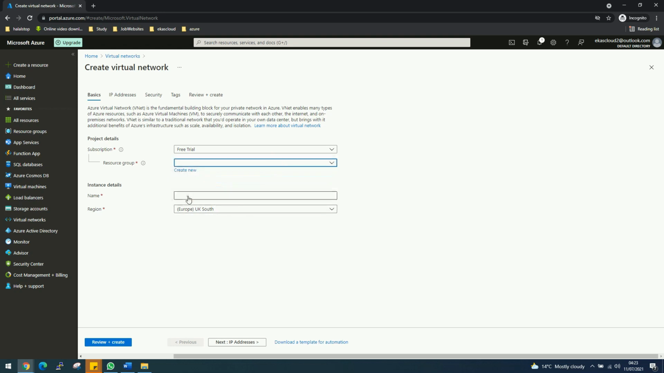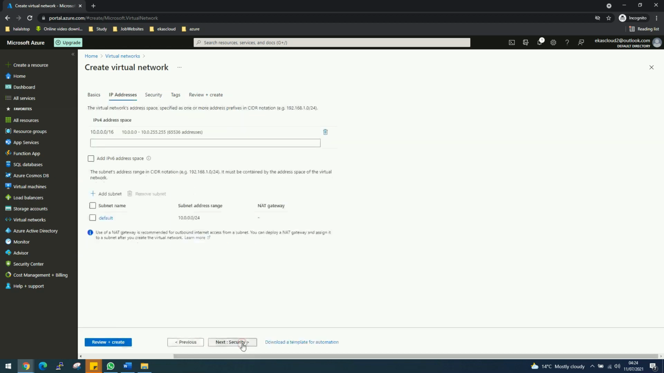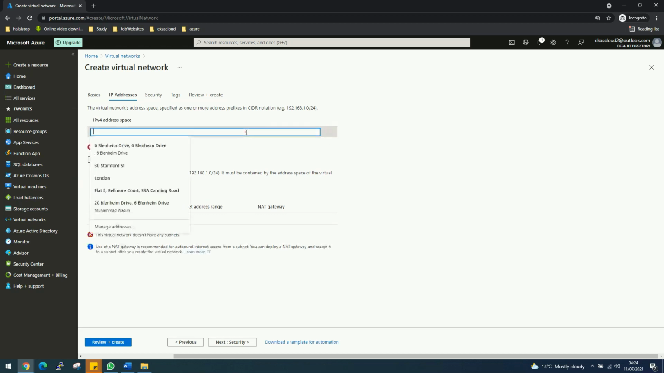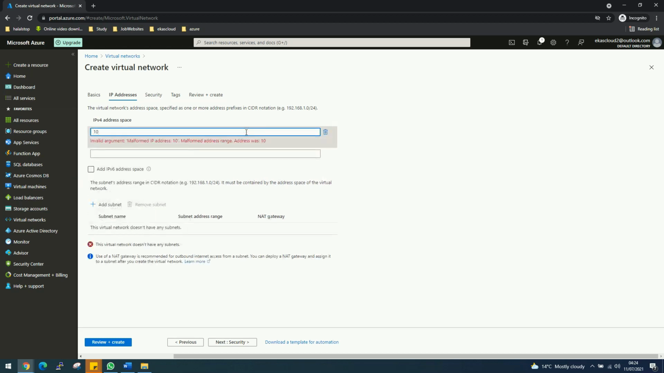Okay, we already created the resource group. You can use the same one. I'm gonna call this one my VNet. So VNet stands for virtual network. Okay, let's go next. We're gonna delete the IP addresses which are already mentioned there. So what we're gonna do is define our own one. So we're gonna go with this IP address